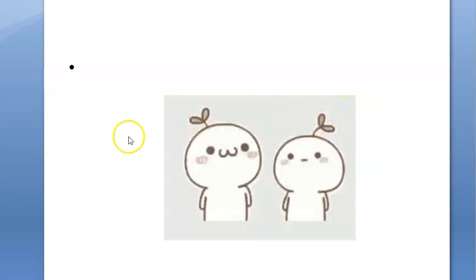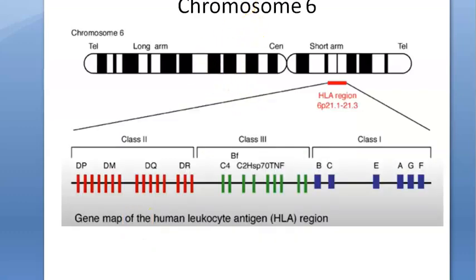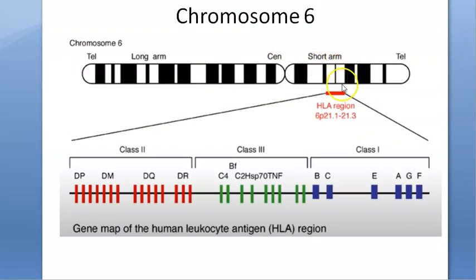So basically on cell surfaces there are some antigens. From where are these antigens coming? From chromosome 6. From the chromosome 6 short arm you can see there is this HLA region, guys. This HLA region has class 2, class 3, class 1. See, 3 is like a kebab mein haddi sitting in between 1 and 2. The main thing you have to remember here is this DR.